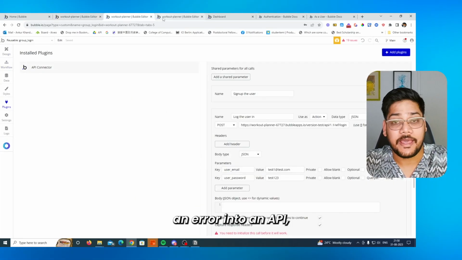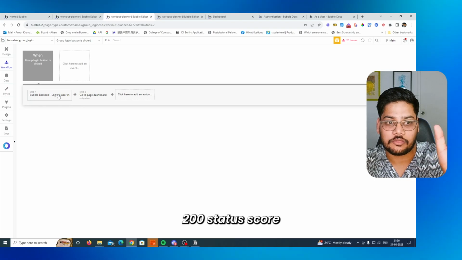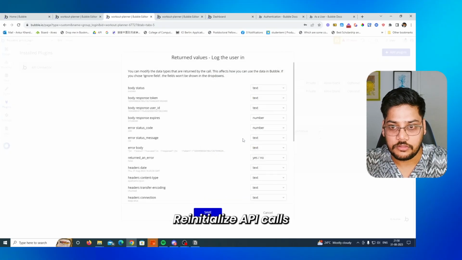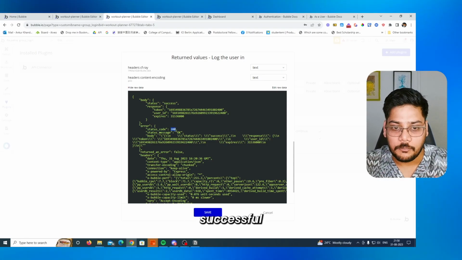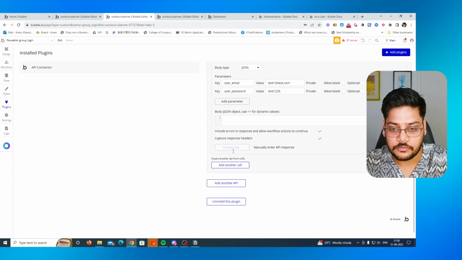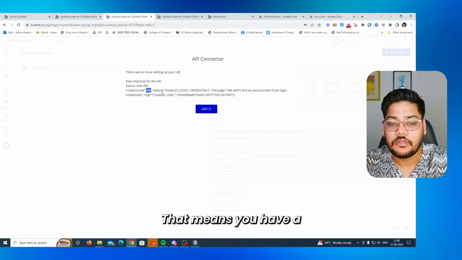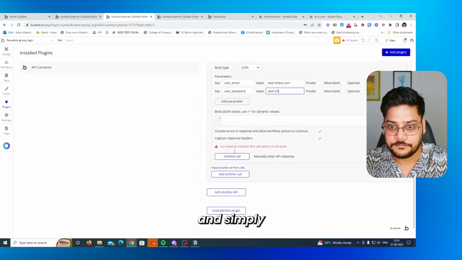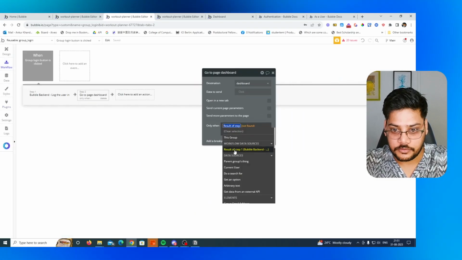Whenever you get an error in an API, that means your API is not returning you the 200 status code. If you go to the plugin and see my API calls, initialize API calls, you can see this status code is 200 because that is successful. But if I pass the wrong code, this is an error, and that gives you 400 on the API call. That means you have some error. So what is the best way of doing it? Catch these both and simply initialize. And here do a check like a result of 1